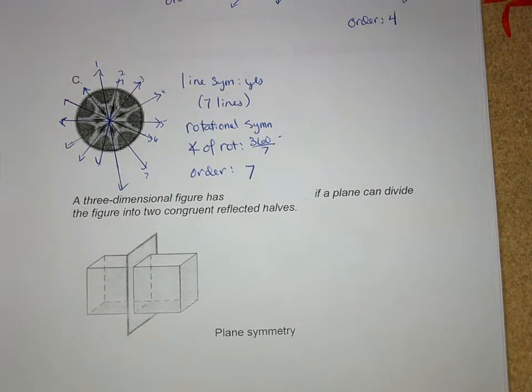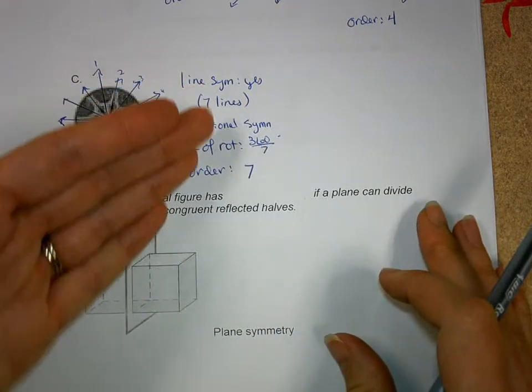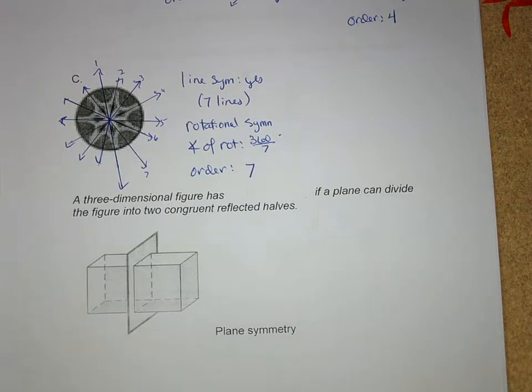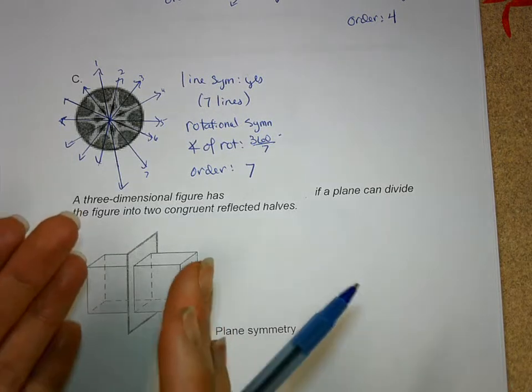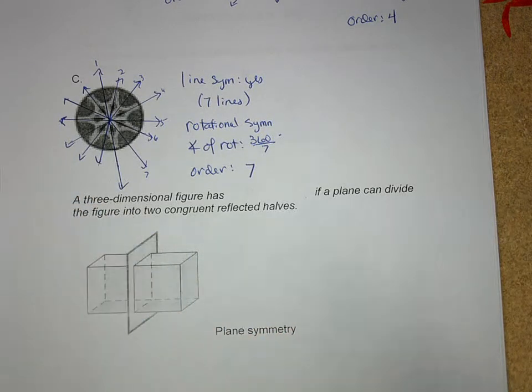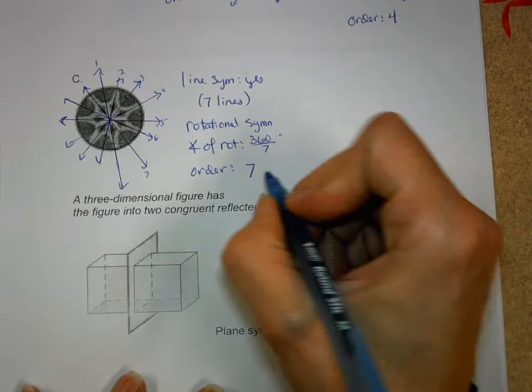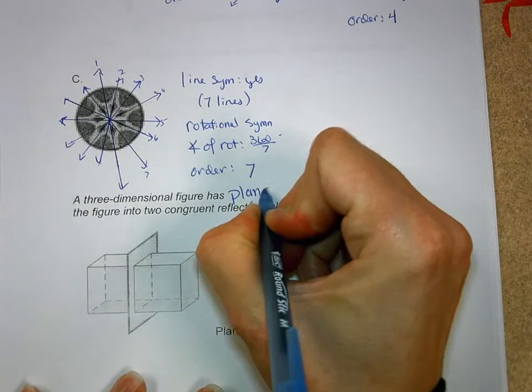Now look down below here. And this is just a rectangular prism. Notice what the plane is doing to it. It's dividing it perfectly in half, which means it has symmetry on both sides. So we do have a type of symmetry with that. That's called plane symmetry. So a three-dimensional figure has plane